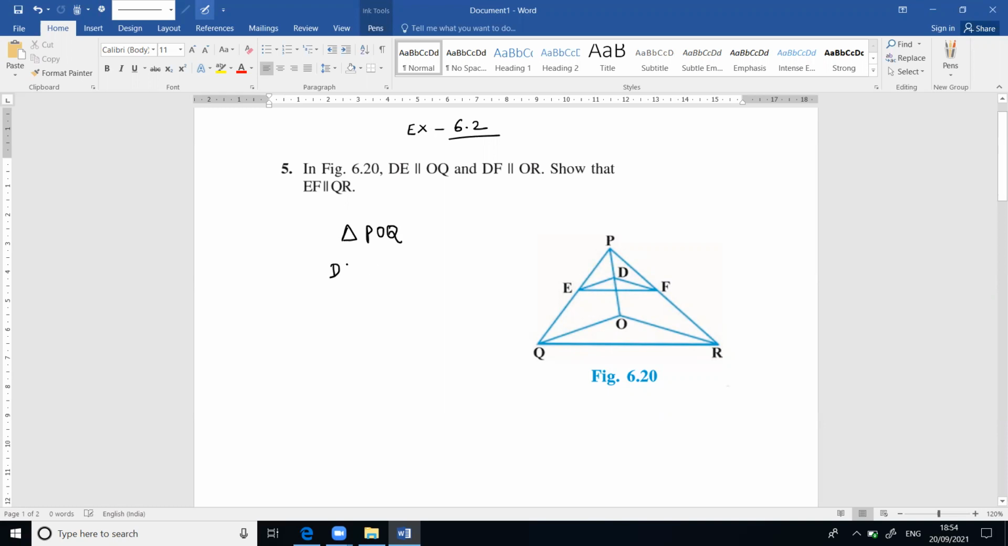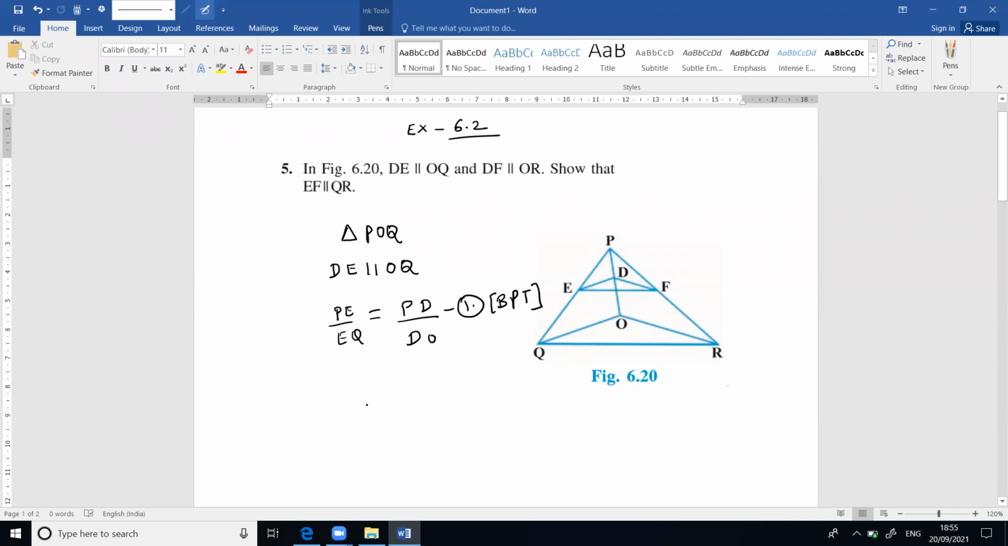So in triangle POQ, DE is parallel to OQ. And when DE is parallel to OQ, these two sides PO and PQ will be divided in the same ratio as per the basic proportionality theorem. So here you will write down PE is to EQ upon PD is to DO. This is the first relation as per